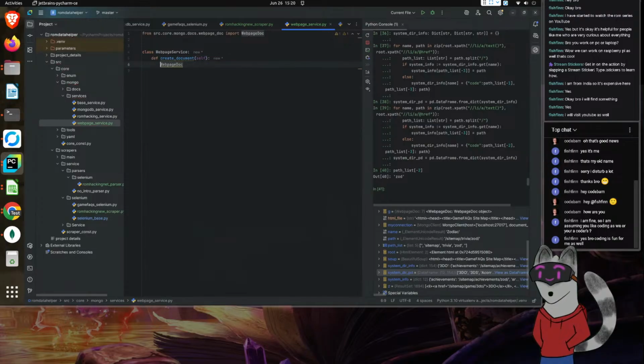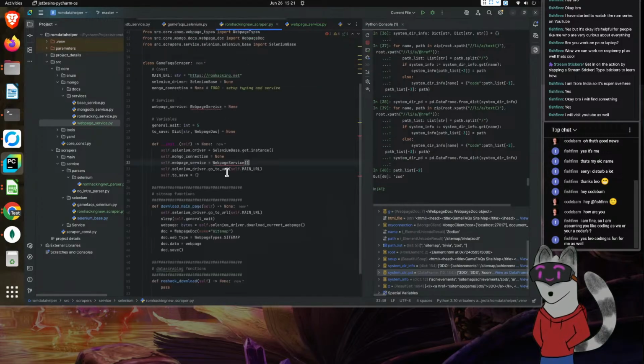And then from here we can do create, or there you go, create doc. Put the name in here. So web page doc. So, all right. So then doc. And with that, let's go grab what we were copying and pasting.